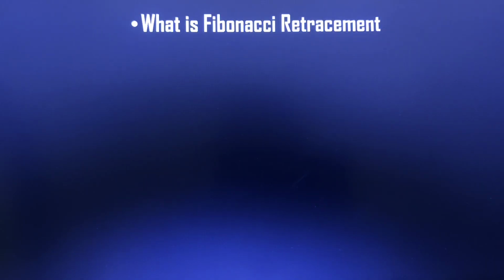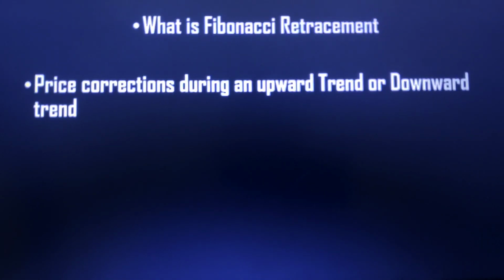Now we can look at what Fibonacci is first. Price correction during an upward trend or downward trend. I'm not going to go into the theory of how to calculate it too much, but I will show you from the practical side. Mainly Fibonacci retracement is used to identify price corrections. Suppose a price correction is happening in an uptrend or downtrend, what level can it extend to? With this tool, we can identify, if there is any correction happening in the uptrend, what level it can extend to. From there, reversal may happen again, or the trend may continue.